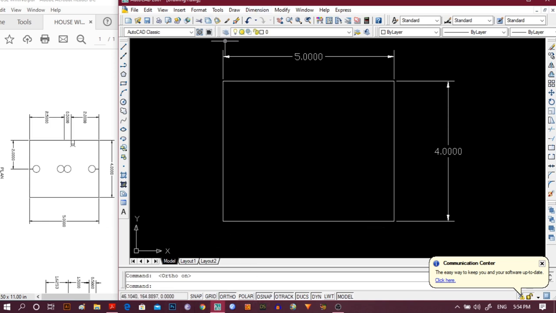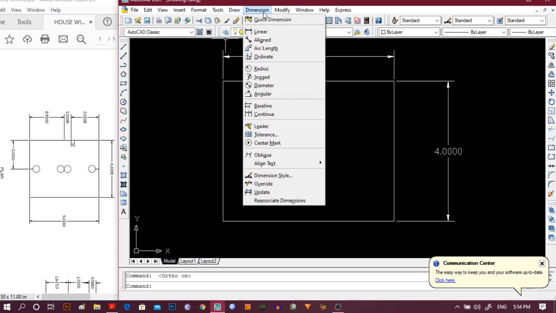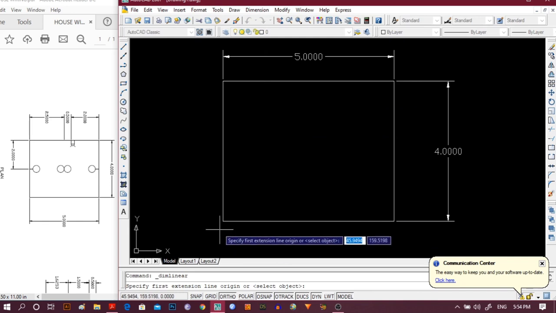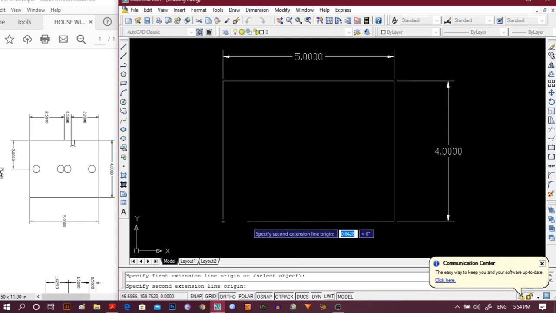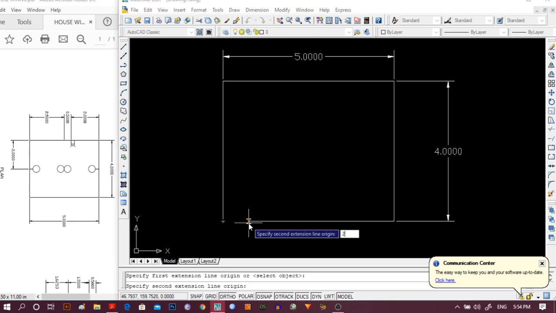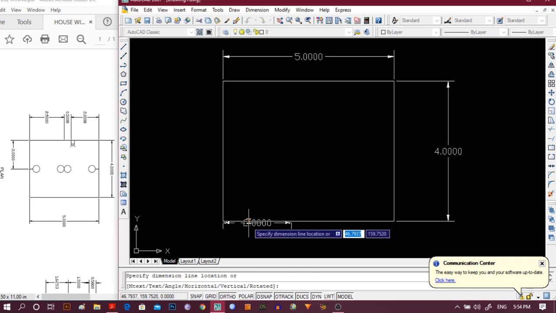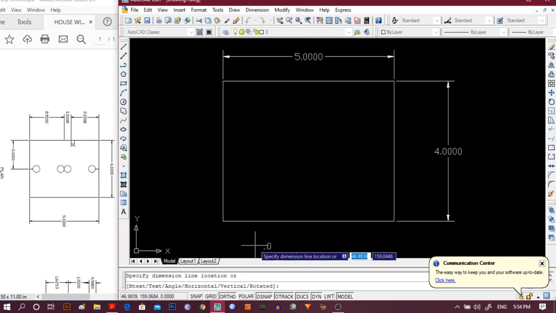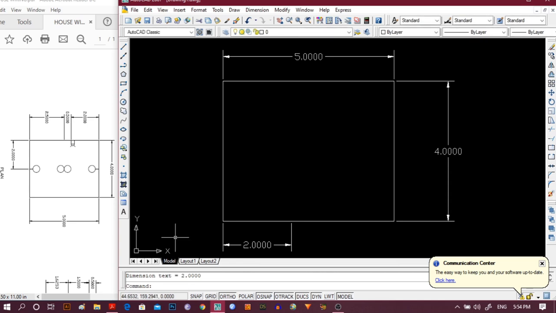So let's first specify the area. I click here, then I will extend the length. The first one from this side is 2 meter, so write 2 and we get a 2 meter space here.